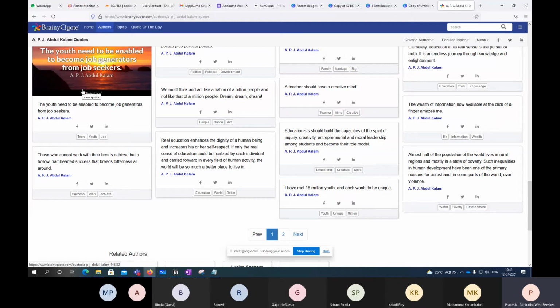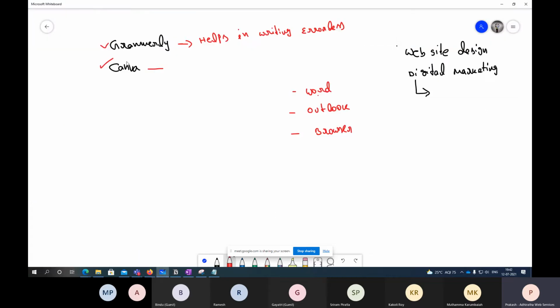Right now, that is the main topic here, social media management. The subject where we started is social media management. That's why I'm telling you to learn these 2 topics, Grammarly and Canva. Why? Because these 2 tools will help us in many ways. So right now, what we're going to discuss is social media management.